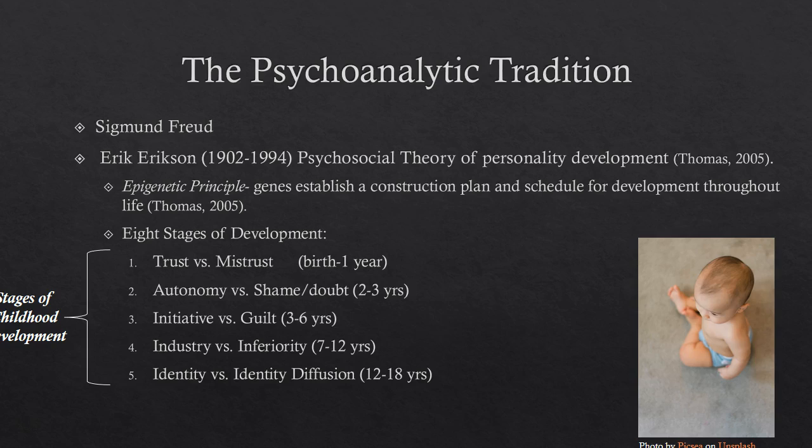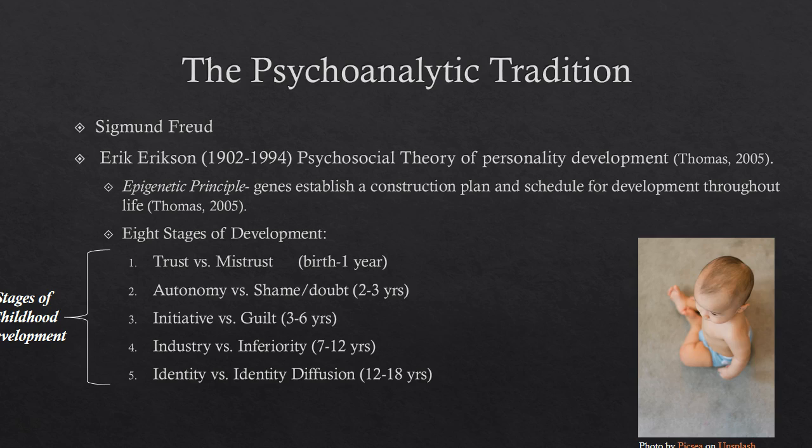Initiative versus guilt is from about 3 to 6 years old, and this is when preschoolers begin to act more independently. Language development plays a role in helping expand their imagination and their initiative. The industry versus inferiority stage is from about 7 to 12 years old, when the child begins to want to do worthwhile activities. He wants to gain recognition for his work, and it's important for adults to give students guided tasks to help them develop their sense of industry.